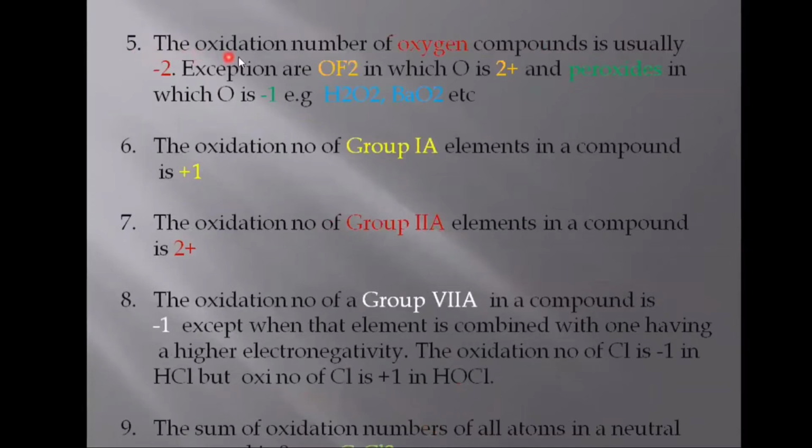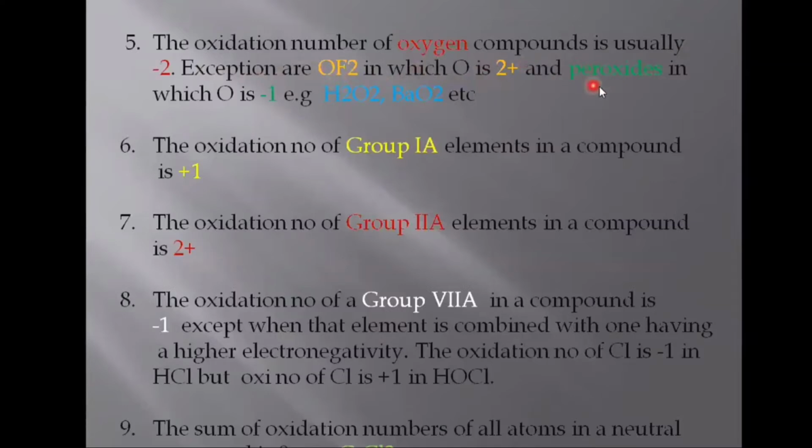The fifth rule is that the oxidation number of oxygen in compounds is usually -2. There are few exceptions. These exceptions are OF2. In OF2, the oxygen is +2 because it is attached to a more electronegative atom, fluorine. The more electronegative atom has a negative charge while the other has positive charge. And the first rule also satisfies here that at the start we have cation, and secondly then we write the